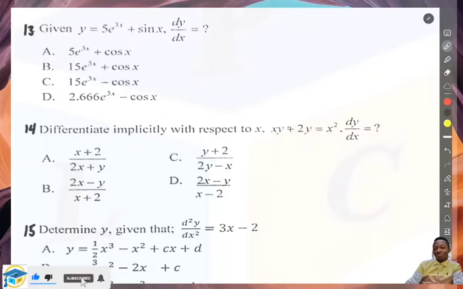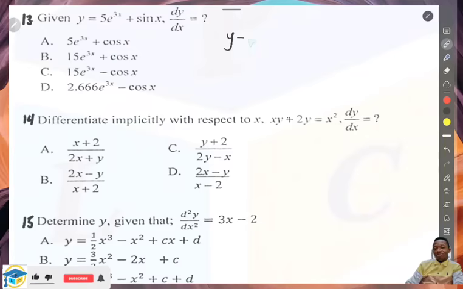Question number 13. We have y to be equal to 5 exponential 3x plus sine x. So we're asked to find dy over what? Dx. So y is equal to 5 exponential sine 3x plus sine x. So we are asked to find dy over dx. So we said that the differential of an exponential function, you first of all need to differentiate the function on top of the exponent, and after that you multiply the result by the coefficient of the exponent. Okay, so differential of 3x should be 3,